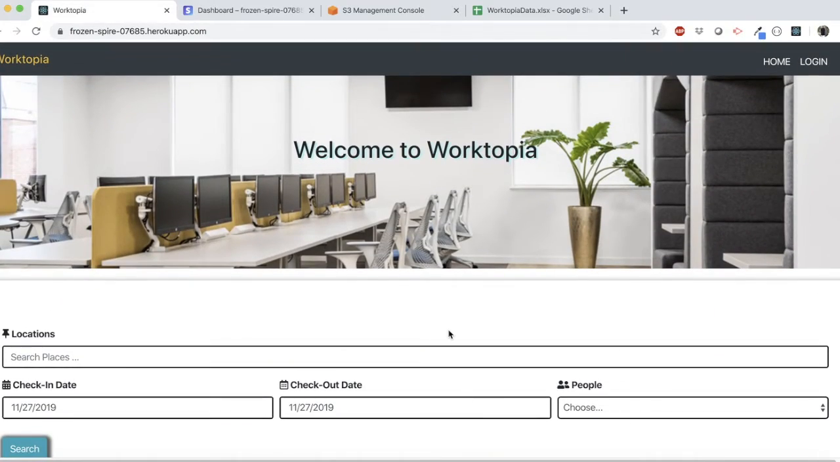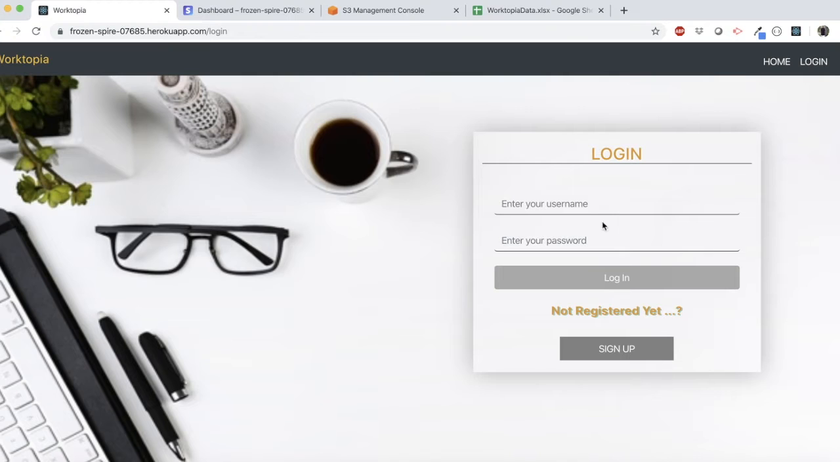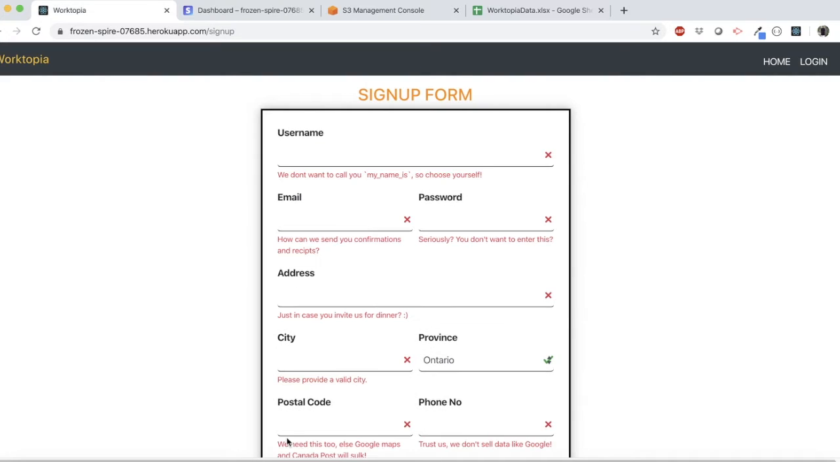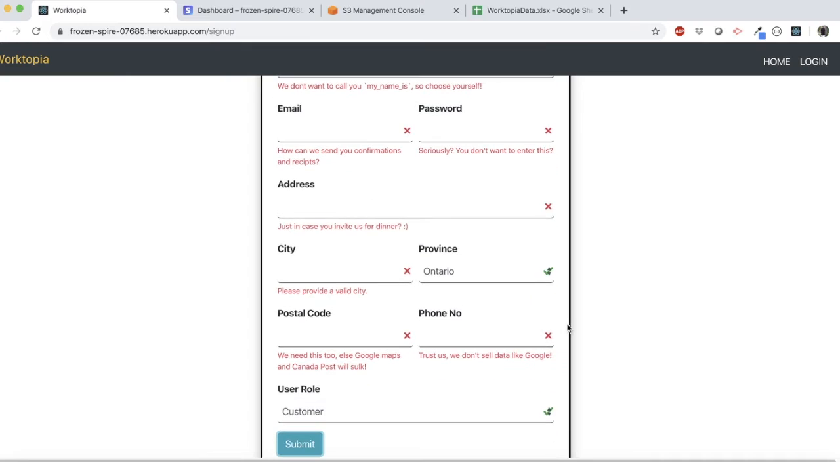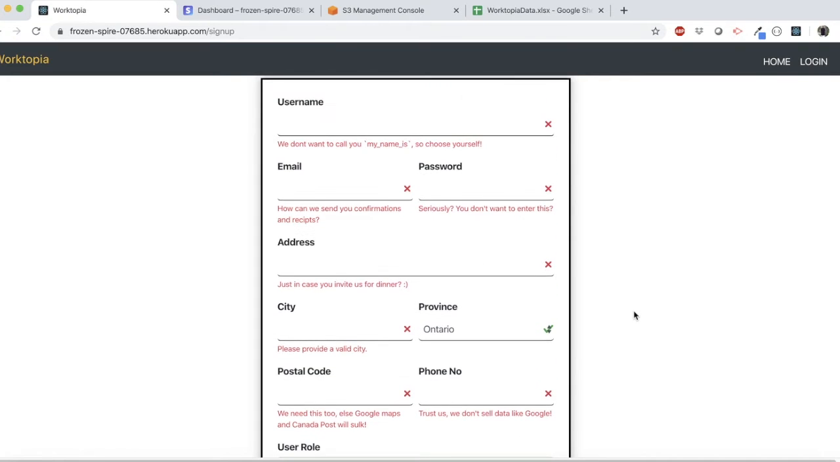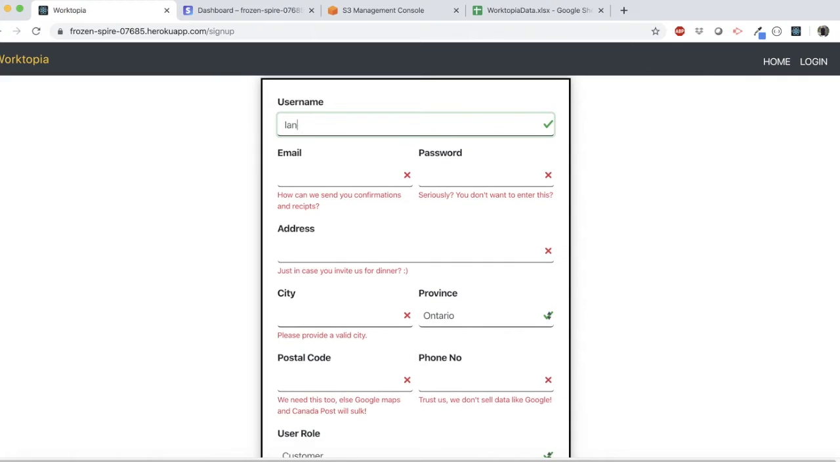Okay, so let's first walk through how somebody can set themselves up as a user. You have a login page. If you're already registered, you can log in here, or you can go sign up, right? Basic validations for the sign-up form are present. You can sign up as an owner or a customer. If you're an owner, you basically go post your own workspaces. So let's just create an owner and